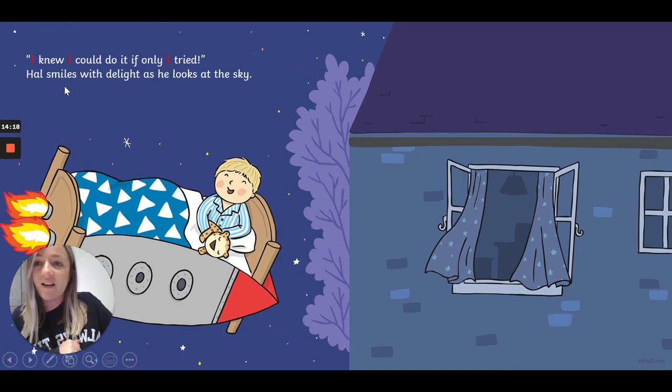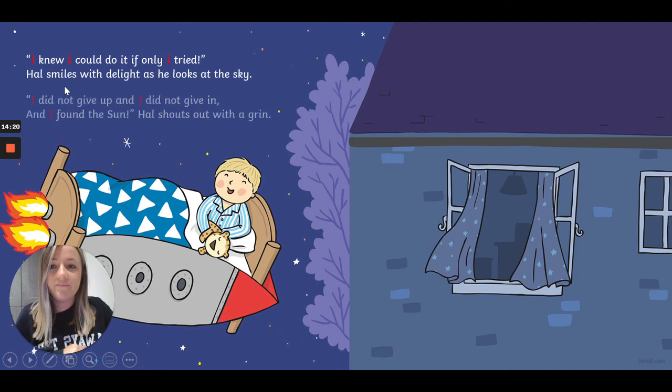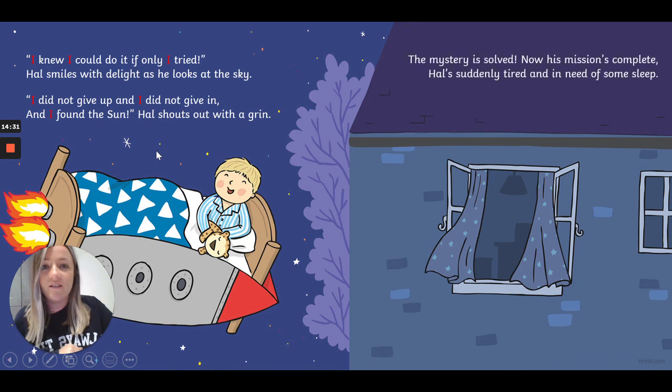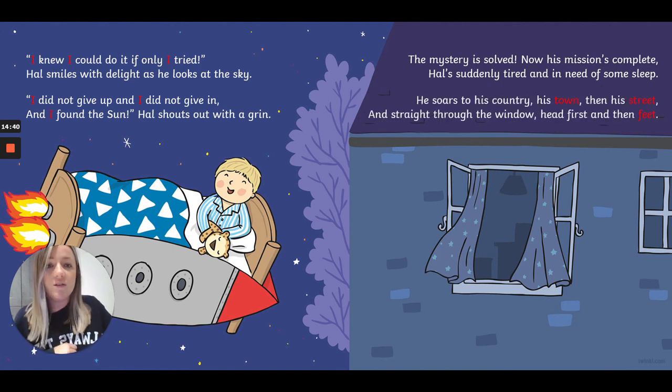Hal smiles with delight as he looks at the sky. I did not give up, and there it is again. I did not give in, and I found the sun, Hal shouts with a grin. The mystery is solved now, his mission's complete. Hal's suddenly tired and in need of some sleep. I bet he is after all of that. He soars to his country,